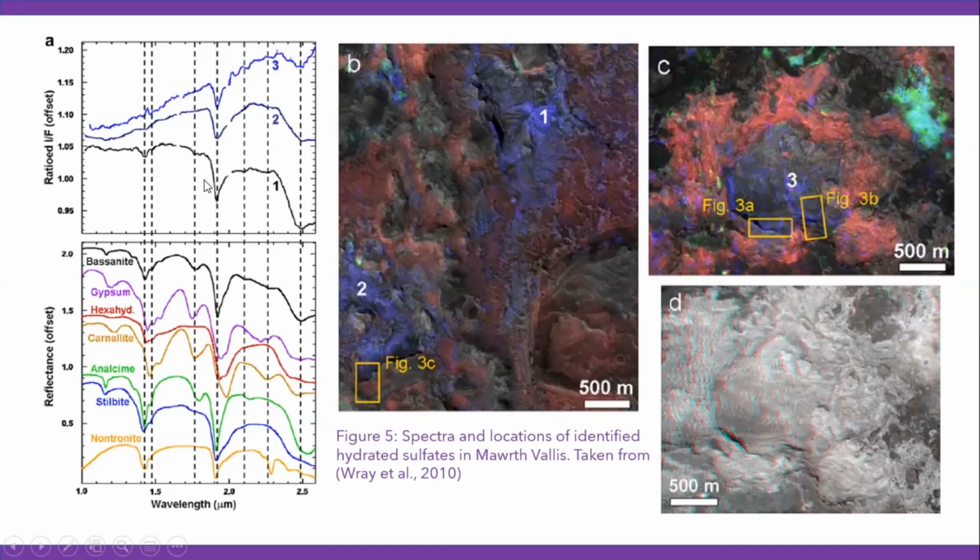Sample 1 in figure A is definitive and representative of the spectra of bassanite, while spectra 2 and 3 are less representative, or less definitive, of hydrated evaporite minerals like sulfate or alunite, but they may belong to another group of minerals like zeolite. So that's why